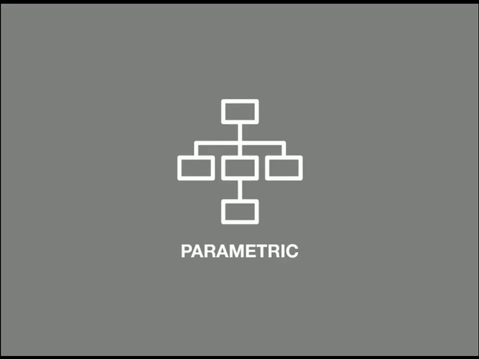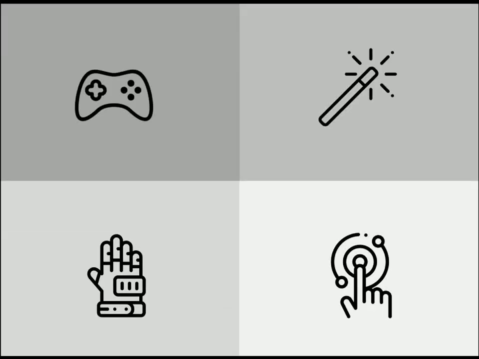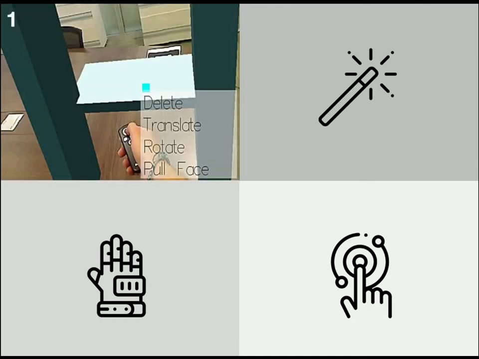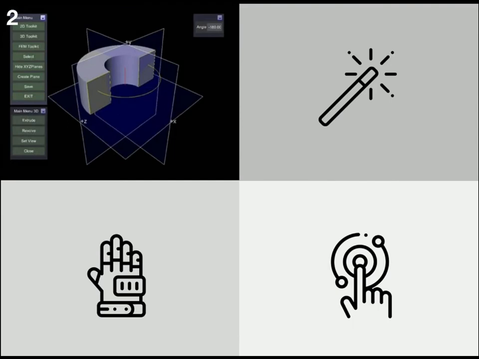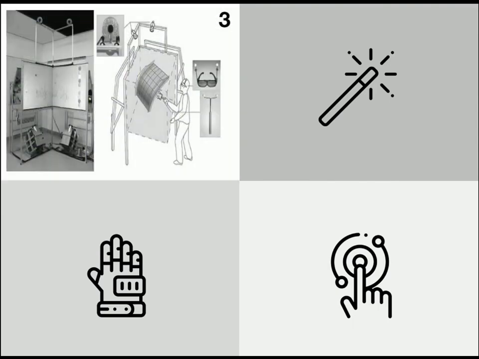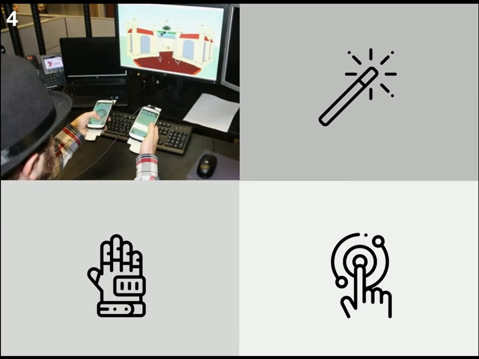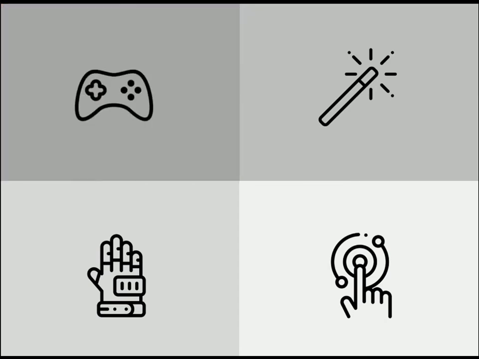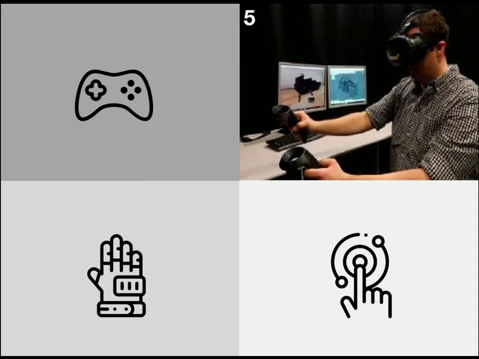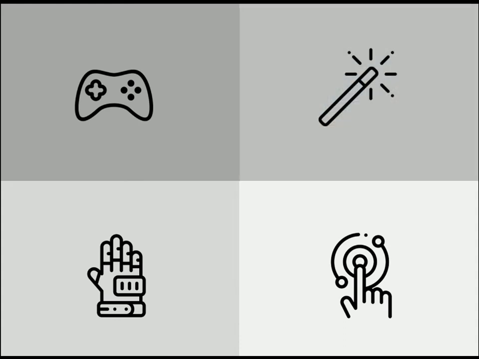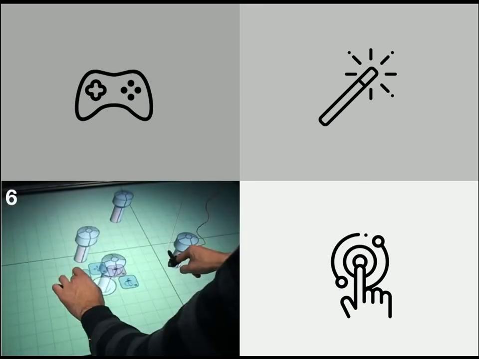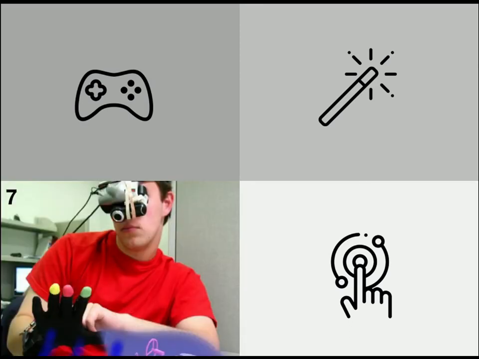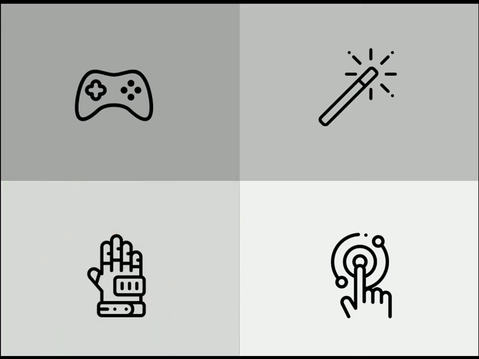In this slide, we can have a quick overview of the most significant studies that we've mentioned among the ones with the parametric approach. As said earlier, we have the ones that adopt traditional VR controllers or remote-like devices. Then the ones based on sticks or wand-like devices. Next, wearables. And finally, bare-hand detection systems.